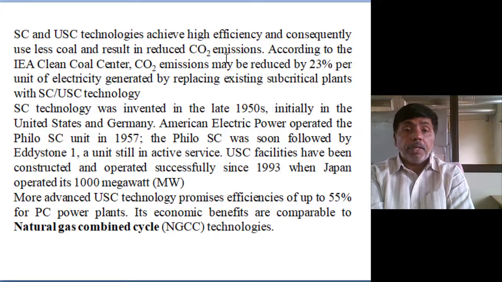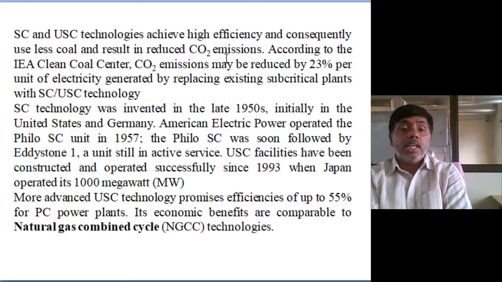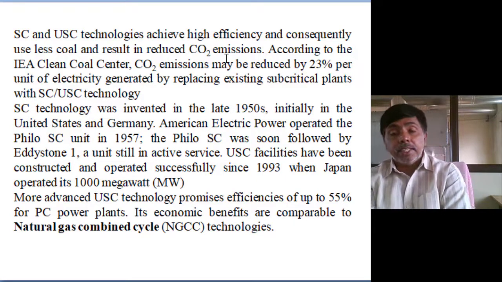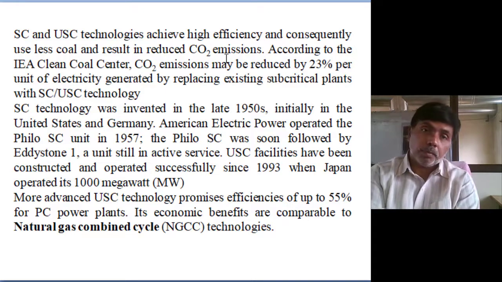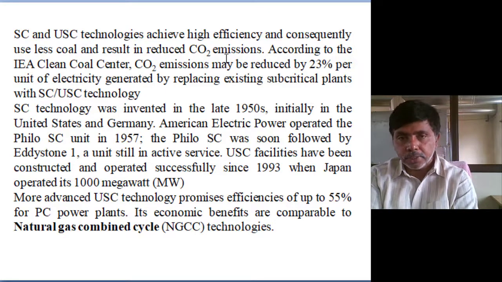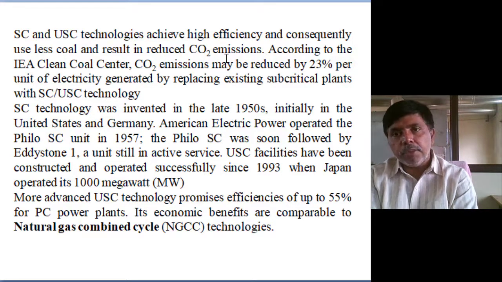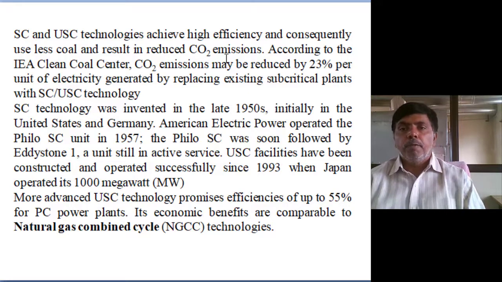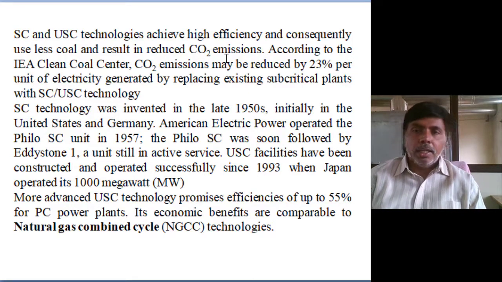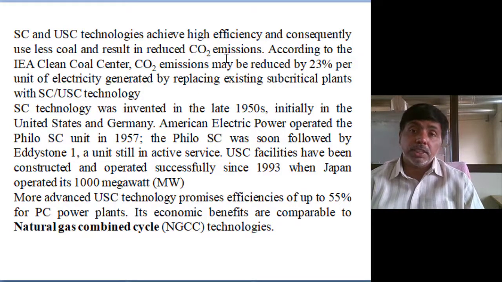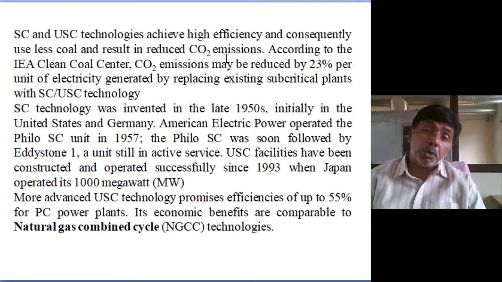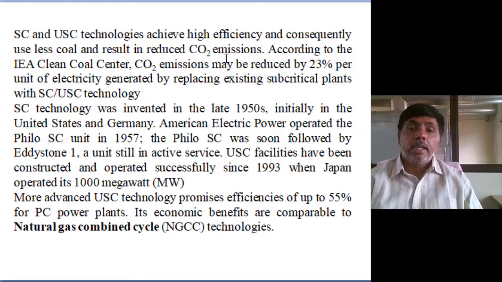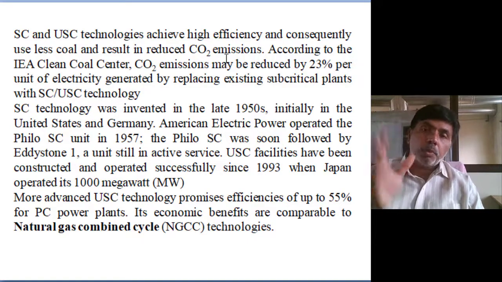Next, compared to emissions, there is natural gas combined cycle power plant technology. Combined cycle, next class we will discuss. Instead of moving to such high pressures, you combine two cycles, one air standard cycle and one vapor power cycle. Then this combination will enhance the efficiency, first thing. Second thing, it reduces CO2 emissions drastically compared to ultra supercritical and supercritical also.